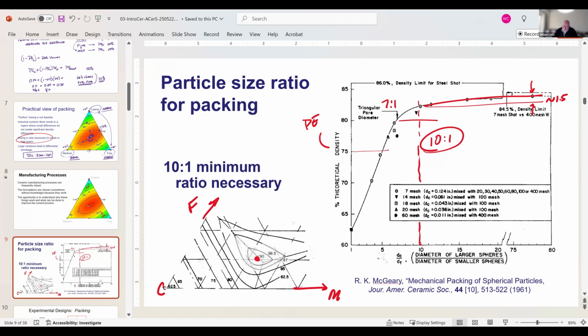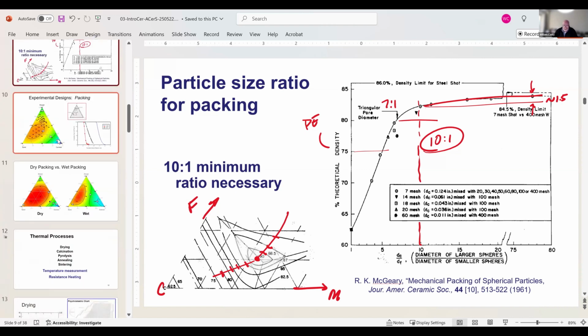But notice that if I move in this direction, the space in these lines is broad. If I move in this direction, the spacing in these lines is narrow. So as I deviate in this direction, I'm going to get a greater change in density from this optimum. Now,